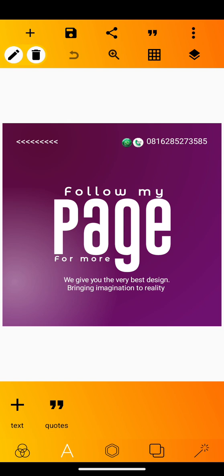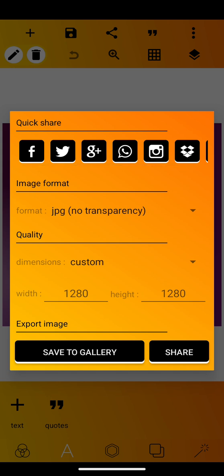How to export. Click on this and click on save as image. Now I always advise you to save. Remember, we created the custom size that we worked with. I would always advise you,